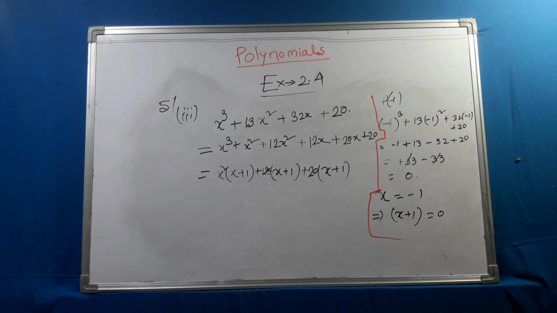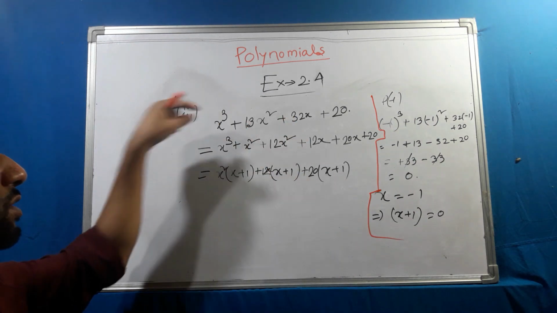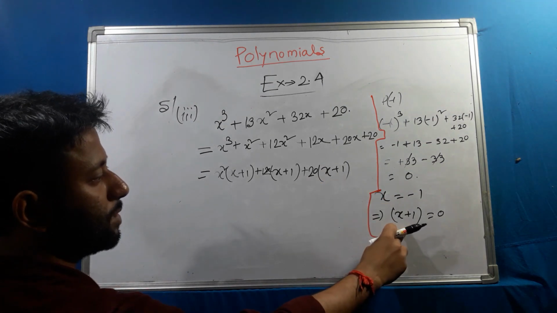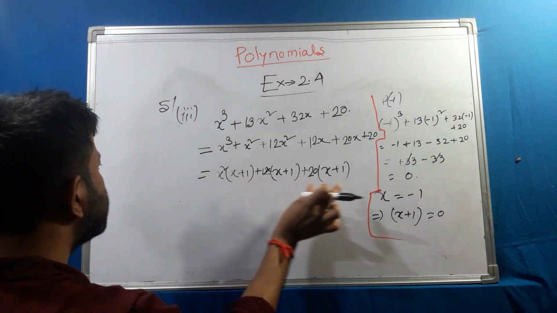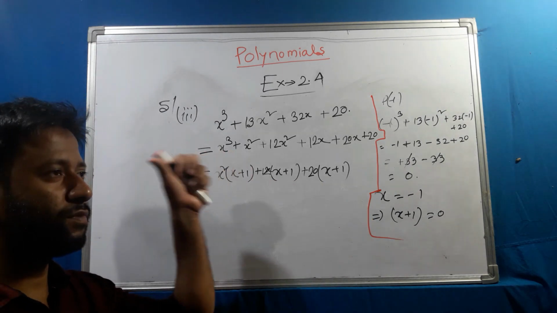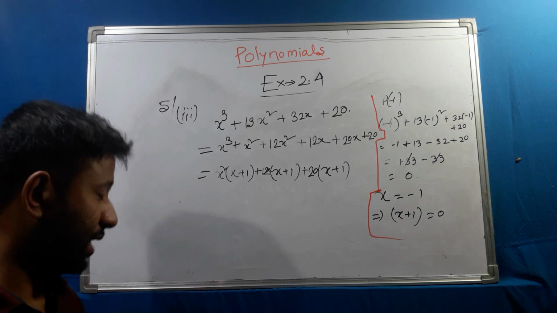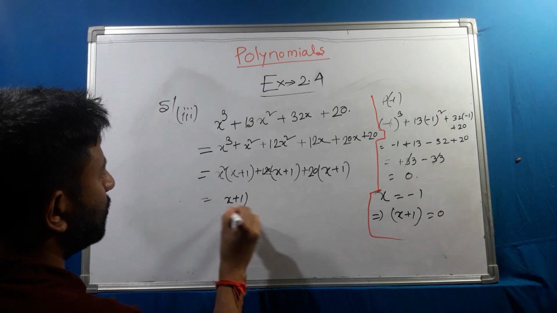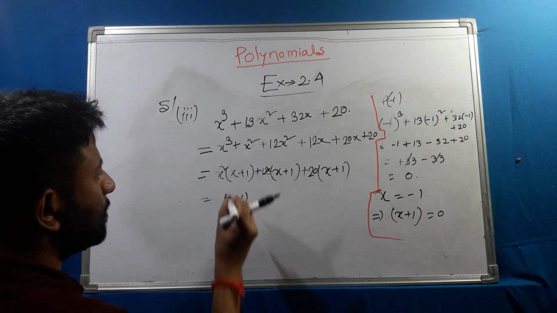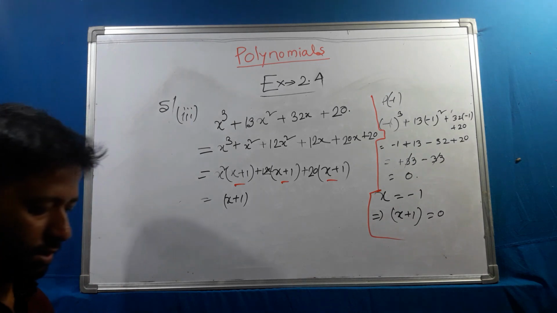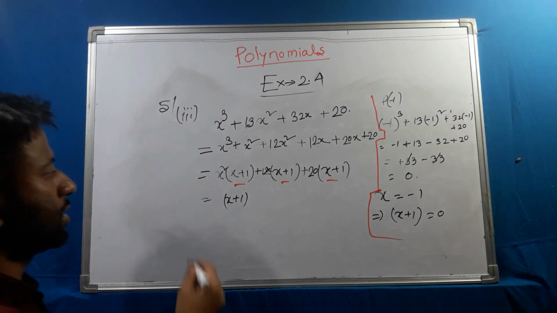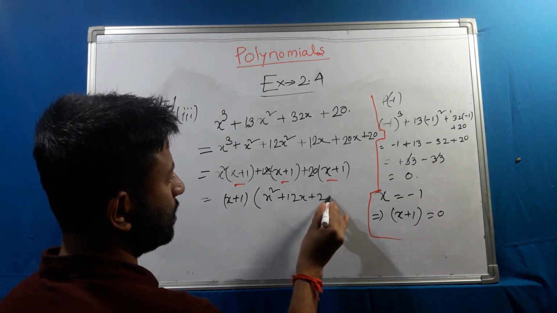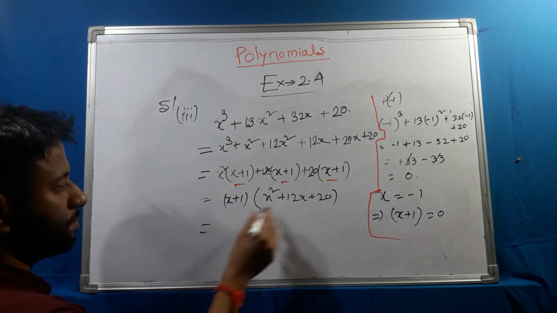सो नाउ देखिए, मैं ये एक्सप्रेशन ऐसे लिख सकता हूँ, और इसको लिखने के लिए मैंने पहले उसका रूट निकाला, और रूट निकाल के उसको इस फॉर्म में लिखा, x प्लस 1 इक्वल टू 0। x प्लस 1 को मैंने तीन अलग अलग टर्म में लिखा, क्योंकि मुझे पता है ये क्यूबिक फॉर्म है, तो इसको 3 टाइम्स करना पड़ेगा। अब देखिए, तीनों में x प्लस 1 कॉमन आ रहा है, यहाँ पे भी x प्लस 1 है, यहाँ पे भी x प्लस 1 है, यहाँ पे भी x प्लस 1 है। अब तीनों से मैं कॉमन ले सकता हूँ, तो x प्लस 1, तो रिमेनिंग क्या रह गया, एक्स स्क्वायर प्लस 12x प्लस 20।